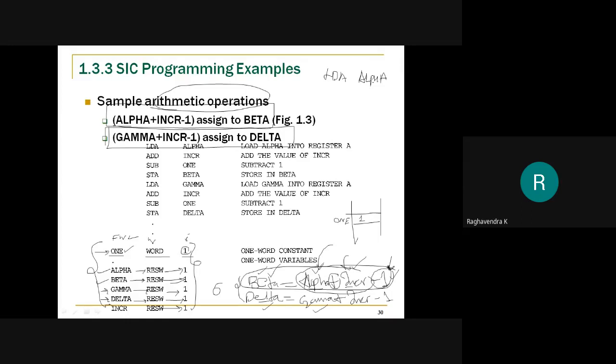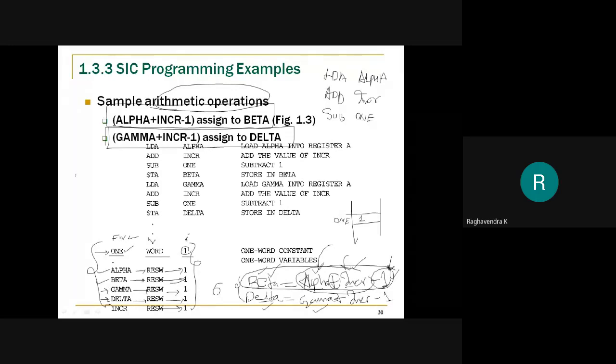So LDA alpha will load the alpha value, whatever it might be, into the accumulator. Then I am supposed to add whatever value is present in increment, so I will write ADD INCR. Now the result is still available in the accumulator only. To that, I am supposed to subtract 1, which I have already declared as a constant. So I will subtract 1. Now I have got the result.